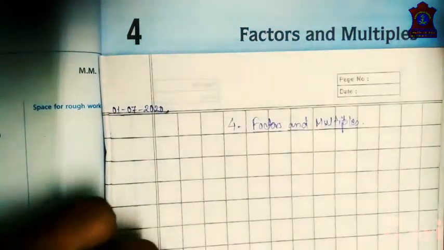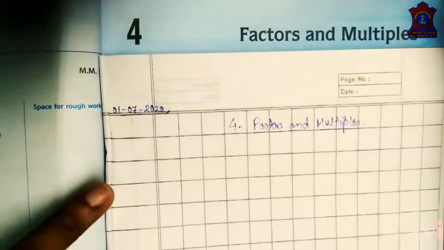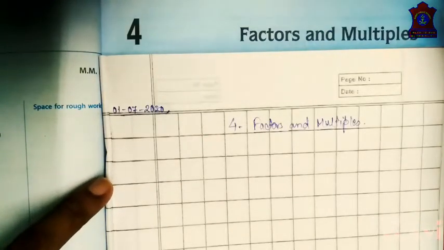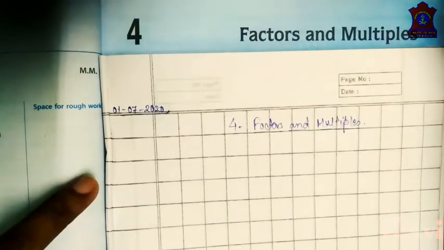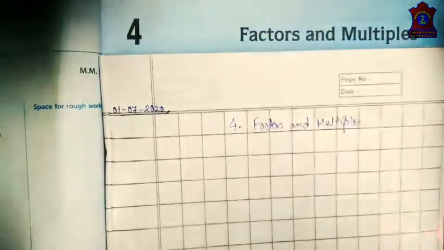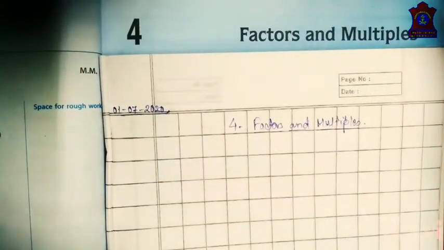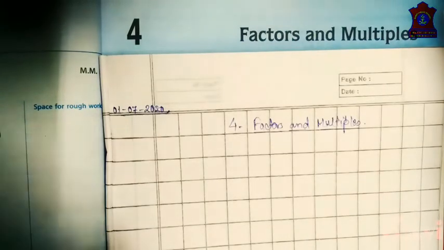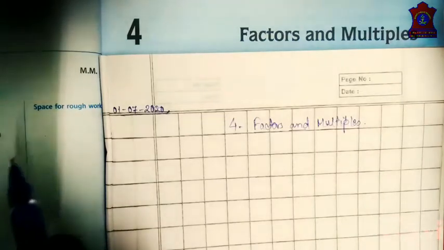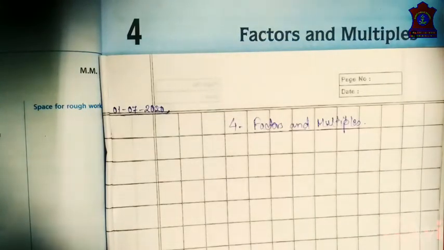As you have already studied factors and multiples in your previous class, that is class 4th, we are going to study more about factors and multiples, that is properties of factors and properties of multiples. Along with this, you will be learning the rules of divisibility of some numbers in this chapter. Today we are not going to start with the exercise. We will be learning all the properties of factors, multiples and rules of divisibility today. These things are very important in this chapter.